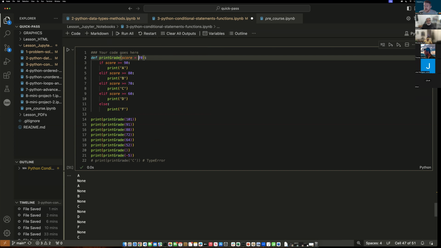Right. So in case there's no argument, at least it will use 70 for the value of score. Right, and so that could be something you can do. So that's a good point for functions. You can have if